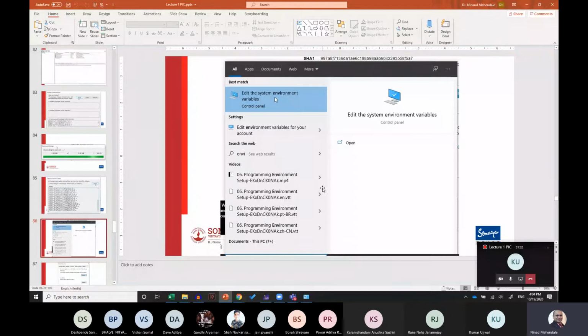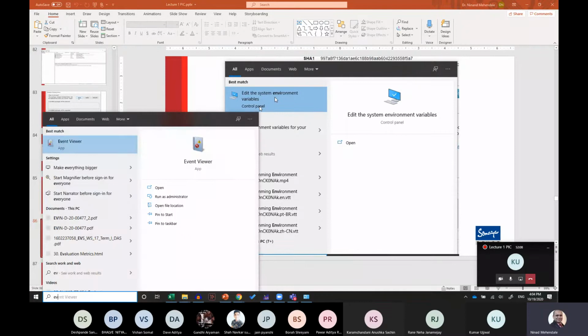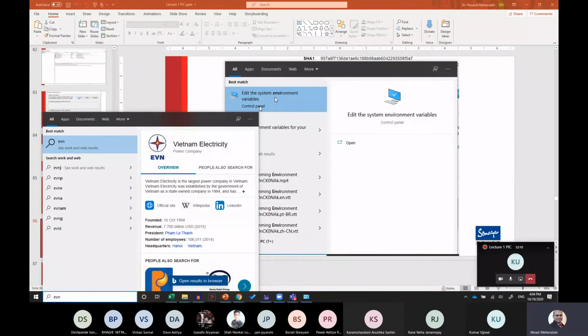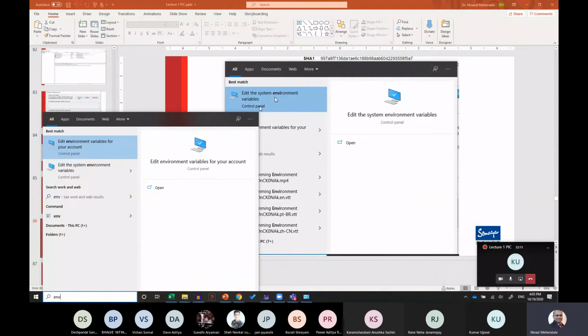Now press your Windows key and then look for this particular ENV. If you type ENV, this particular thing should pop up. So press the Windows key and then type ENV. Okay, so I'm doing it for you. ENV. Okay, sorry, I have typed the wrong words. ENV. And it will take you to this particular menu called Edit Environment Variables for your account. Okay, you have to click on this particular option.